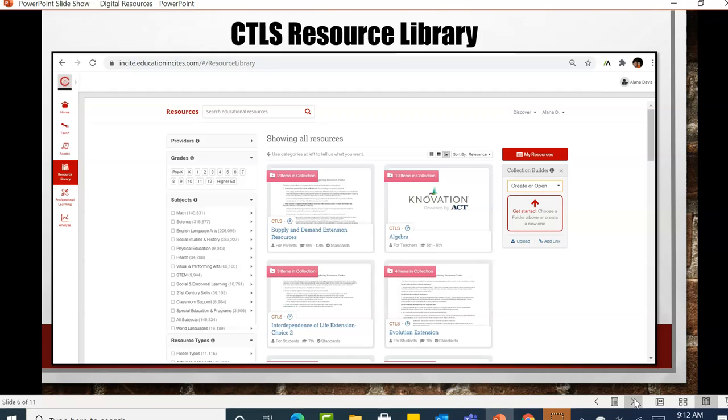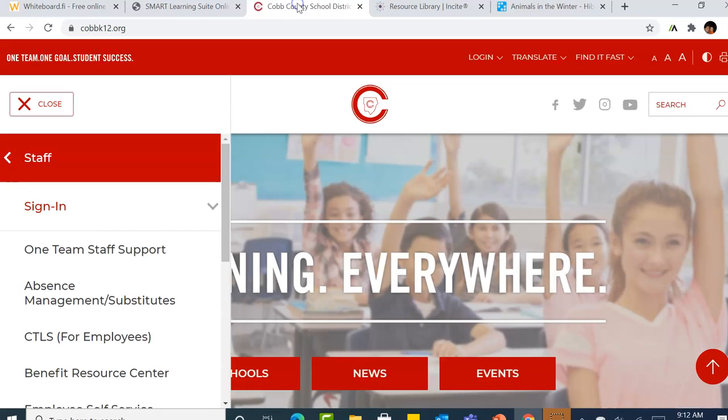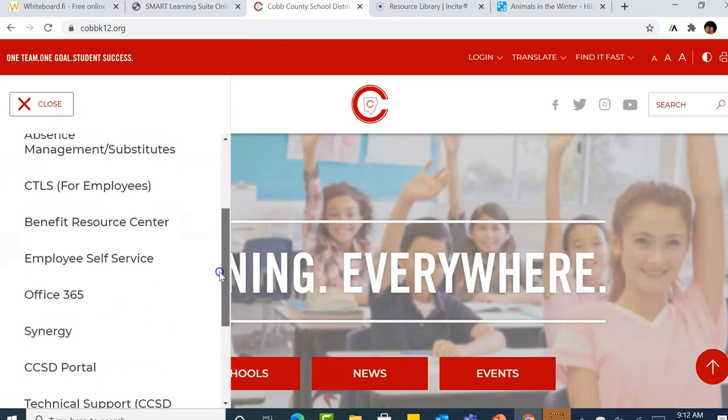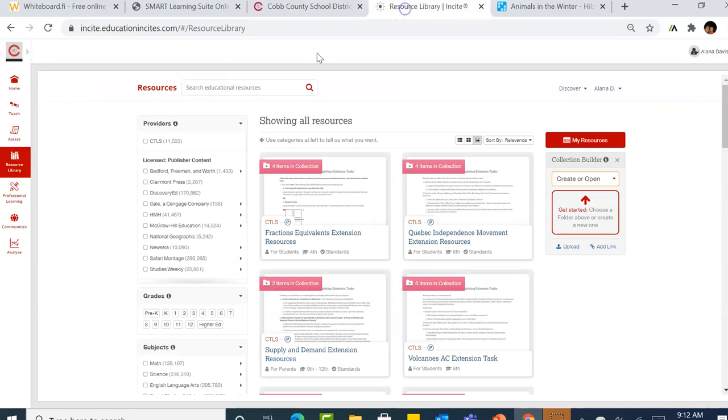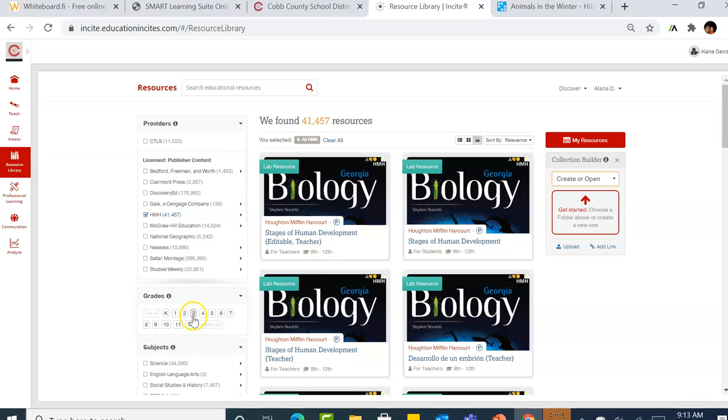The CTLS Resource Library is where teachers can find over 1 million different resources to assist them and support them in their science instruction. In order to get to the CTLS library, you need to log on to CTLS Teach. Over on the side where you have your toolbar, you're going to click on Resource Library. The easiest way to find science resources is to search out and filter through providers, grade level, and subject. So I'm going to click on HMH, and I'm going to pick second grade